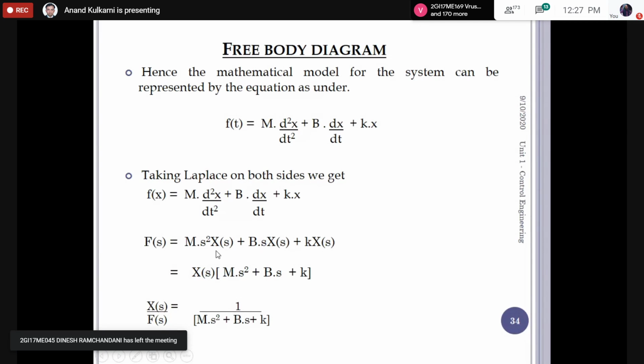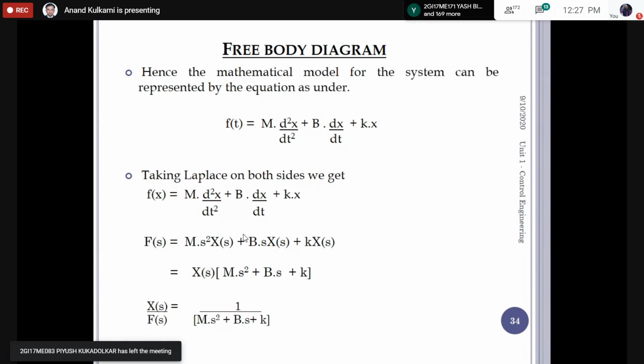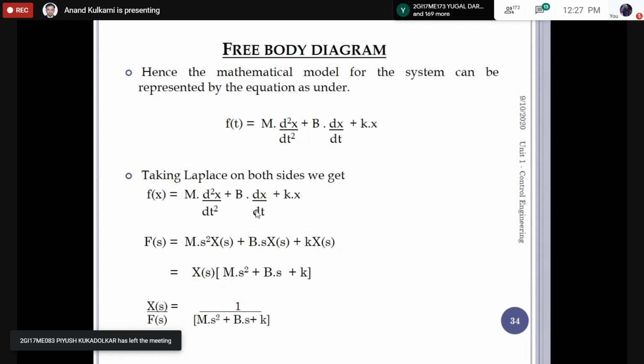There will be two initial conditions associated with this, but we are not bothered here about the initial conditions. We are assuming them to be 0. So I have not written them, otherwise the length of the equation unnecessarily goes. If you go on writing all of them and then make them 0, it is a waste of space. On the board we do it, but here, because of other presentation problems, we have not done it.